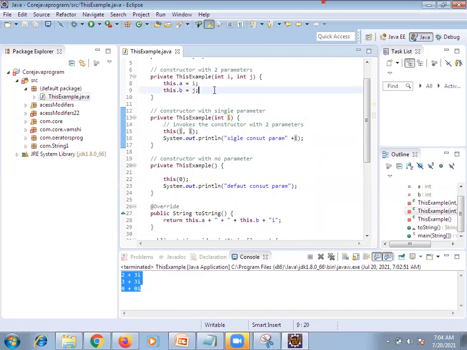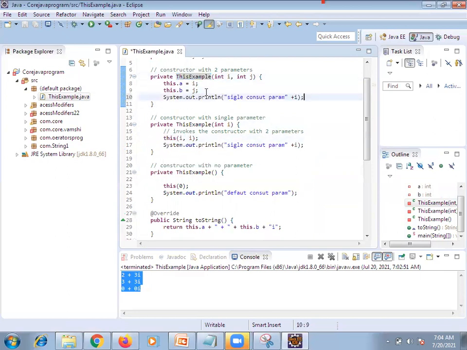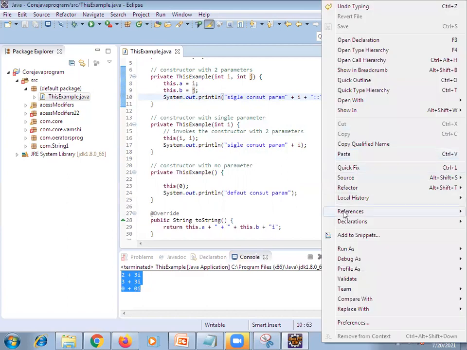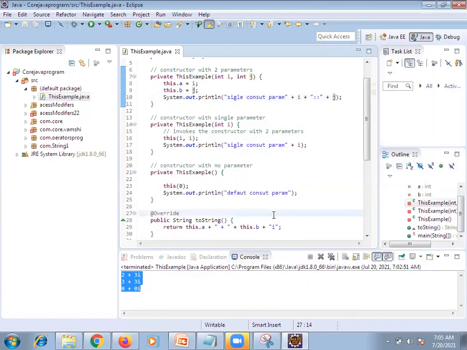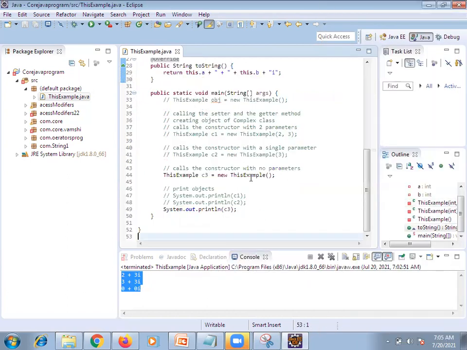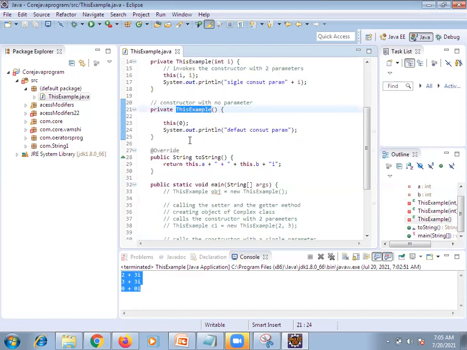Next, what is it? Here itself we are calling. Now come here. What do we mention in the main method? Nothing, we just created the object. Whenever we create the object, what will happen?